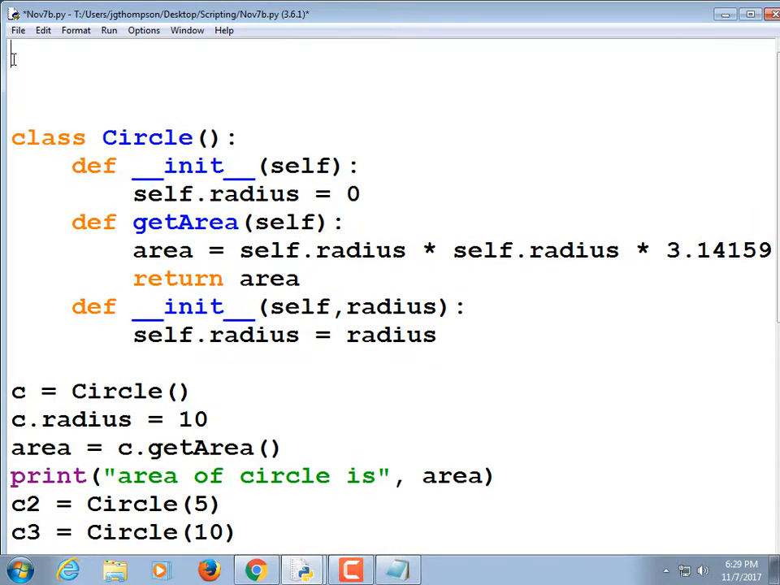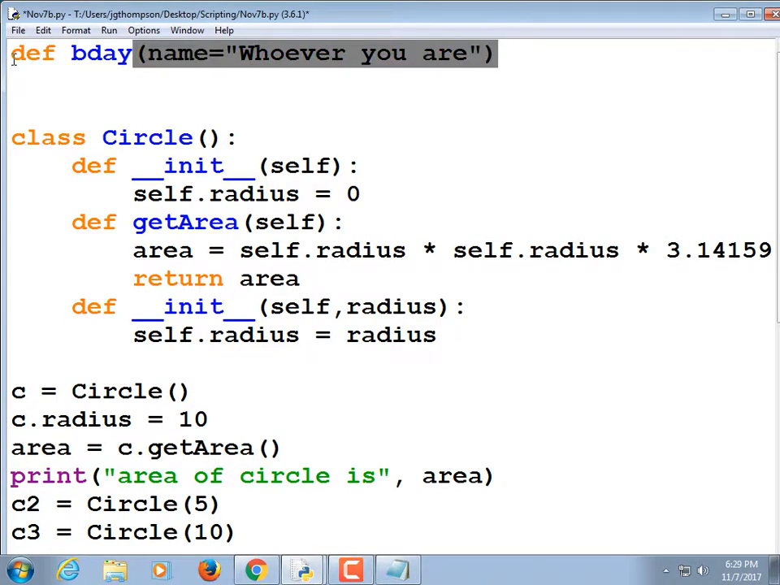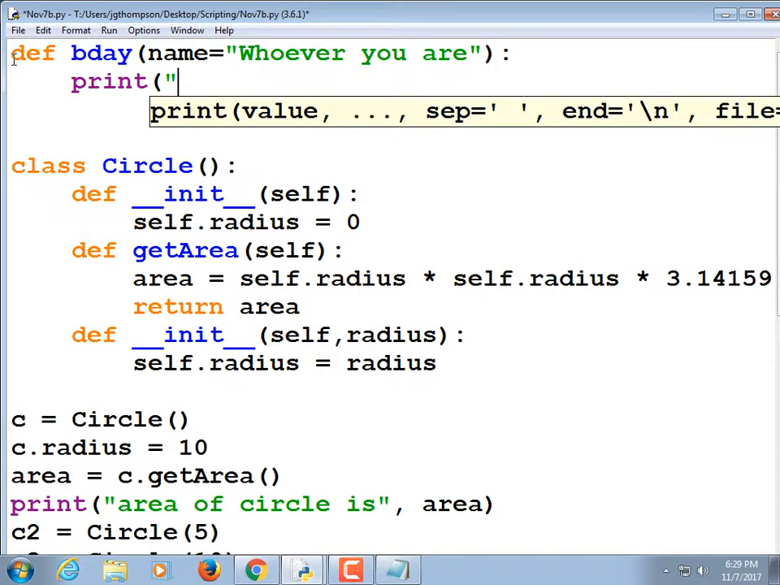Okay, so this is something that we should have been talking about before I started talking about named parameters and parameter lists. You can give a variable, a parameter, a default value. So we're going to wish somebody happy birthday. Define b-day, parentheses, name is equal to whoever you are, colon. And then we will print happy birthday, comma,